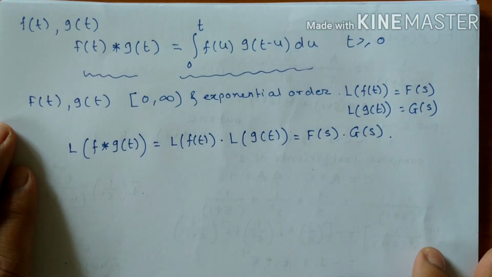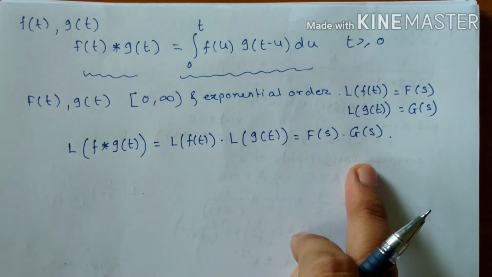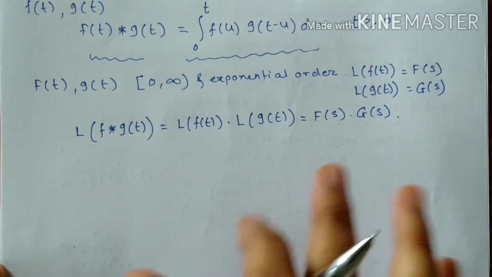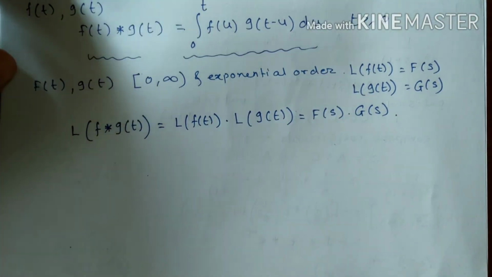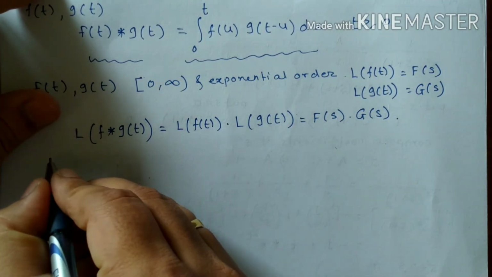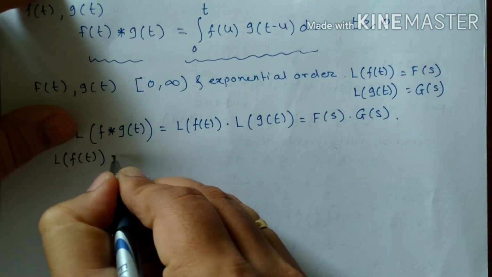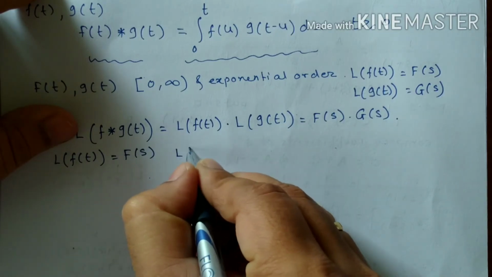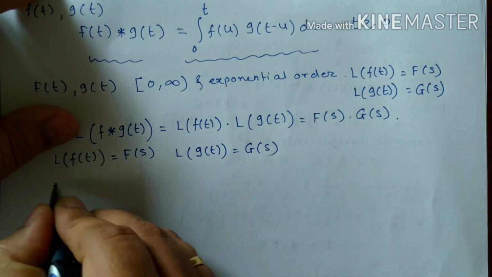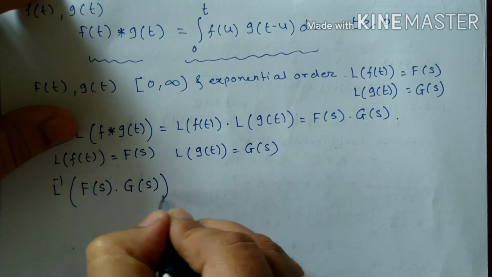Are you clear with this Laplace transform of convolution? Now we are going to find the inverse Laplace transform. The use of the convolution for inverse Laplace transform is like this. See, Laplace transform of f of t is equal to some capital F of s. Laplace transform of g of t is some capital G of s. Then inverse Laplace transform of capital F of s into capital G of s is equal to